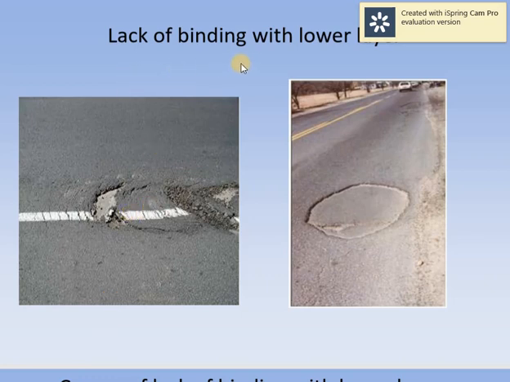So next one is the lack of binding with the lower layer. In this figure you can see the lack of binding material. When there is a lack of binding between the surface course and underlying layer, some portion of the surface course loosens up material, creating patches and potholes. You can see the potholes and these patches. Slippage cracking is one form of this type of failure. You can see the slippage of material due to the lack of binding. The lack of prime coat or tack coat between these two layers is the primary reason behind this type of failure.